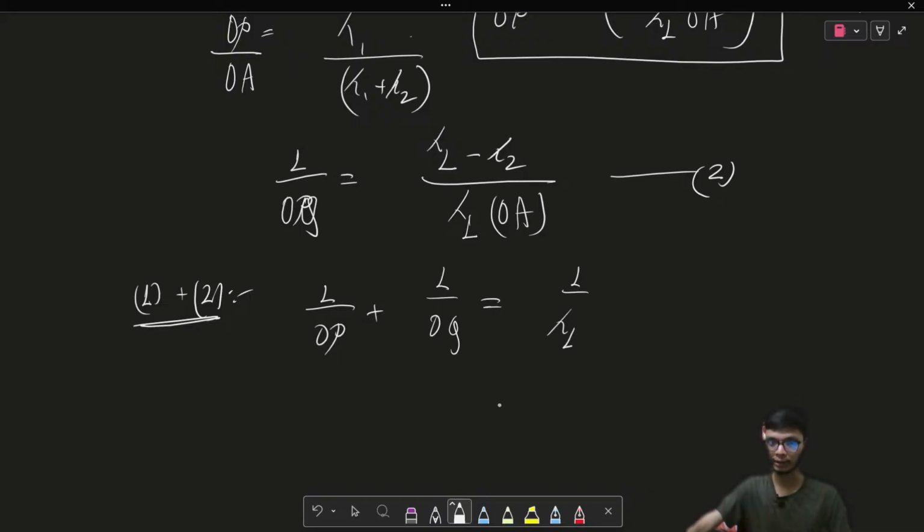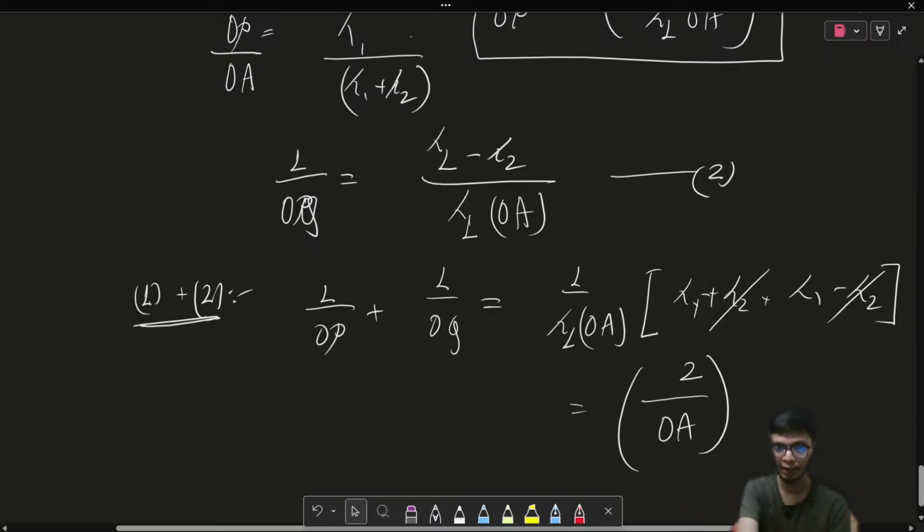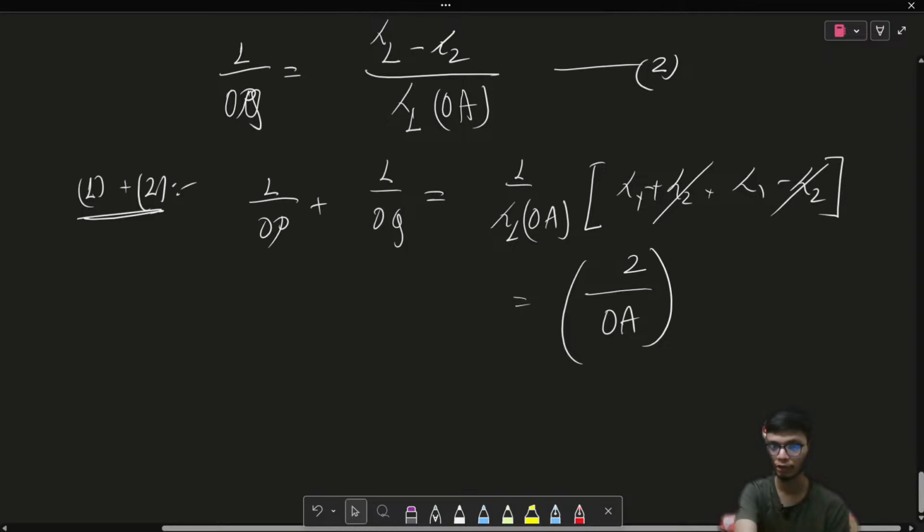So 1 upon lambda 1 times OA will be common, and I will have lambda 1 plus lambda 2 plus lambda 1 minus lambda 2. So this part will cancel out, and I will be having 2 upon OA. So what I can see is that 1 upon OP plus 1 upon OQ is equal to 2 times of